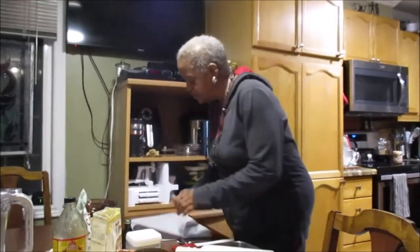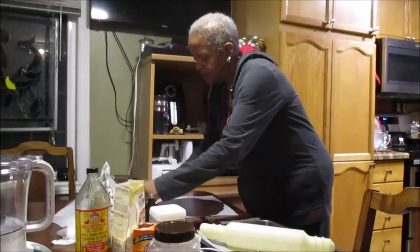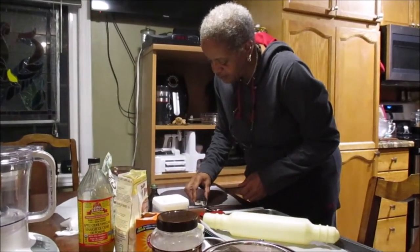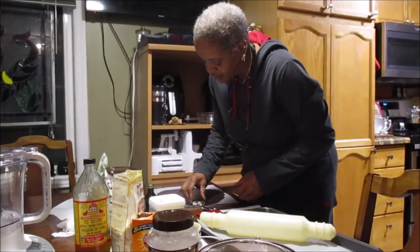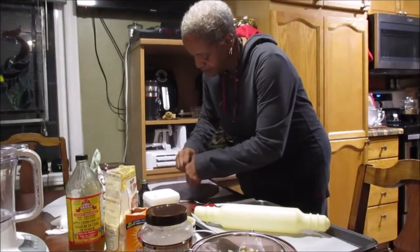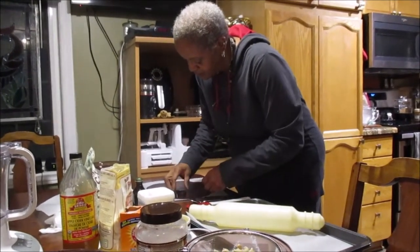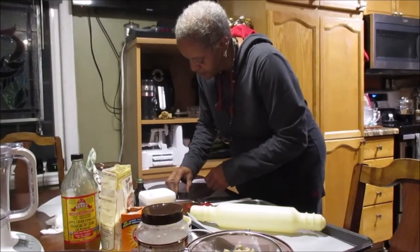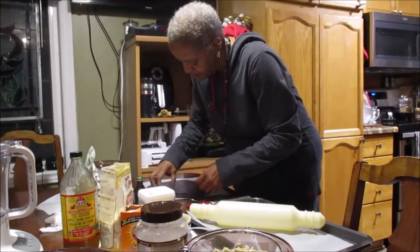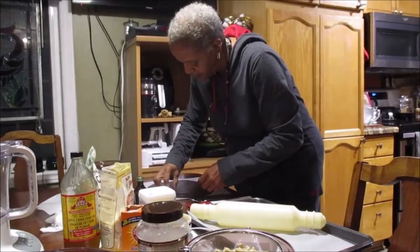So I'm going to pull the parchment paper off. And then I'm going to take my cookie cutter and I'm going to cut 20 cookies. 1, 2, 3,